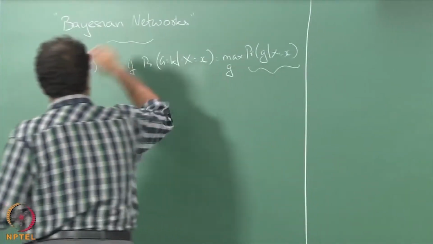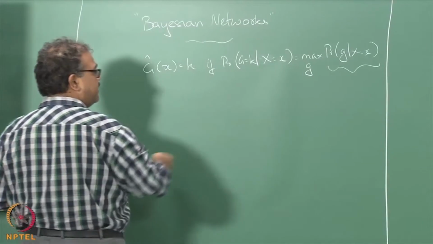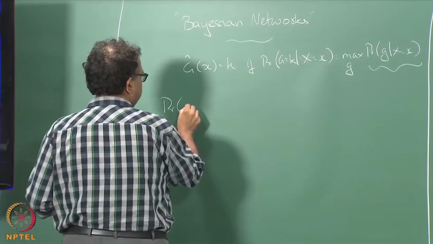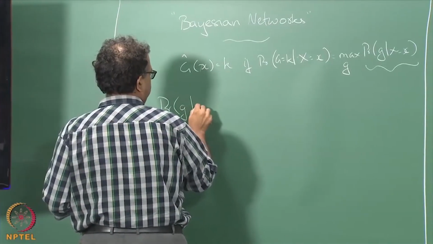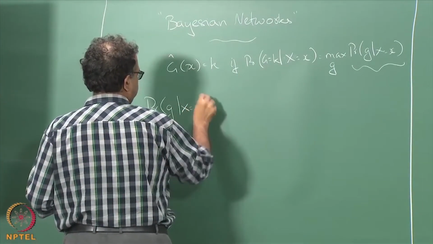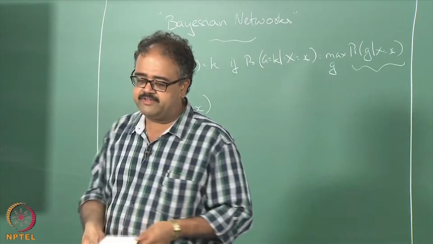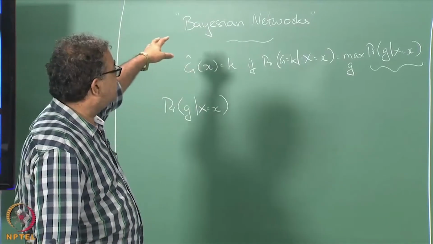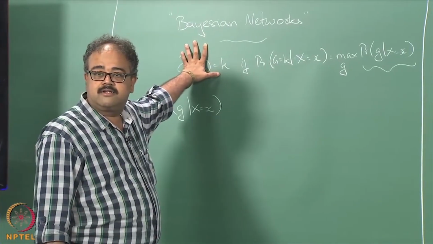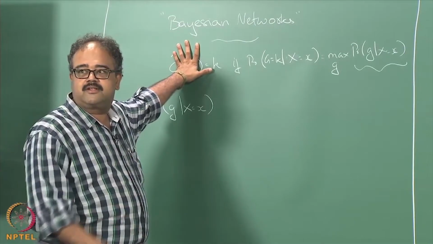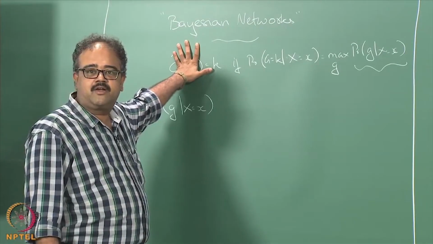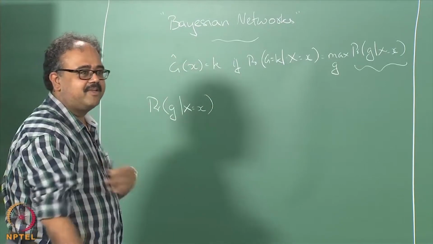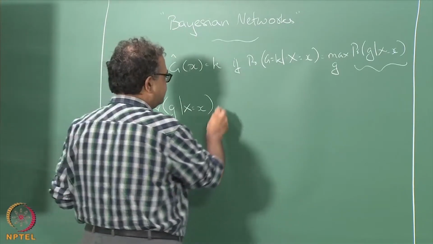So, now I am going to take a slightly different tack. What we want is the probability of g given x. So, we have our friend the Reverend. How many of you know that Thomas Bayes was actually an ordained priest? Okay, so we have Reverend Bayes to help us out. So, it's essentially